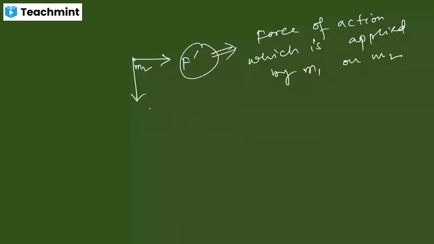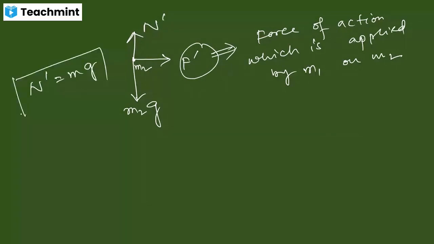So it will have a weight in a vertically downward direction. This is M2 into g, and the normal reaction force. As you have already written, the normal reaction force N. In the previous case, you cannot write N again because this is the object which has a different mass. So it can be N dashed. So I can say N dashed is equal to M2 into g, because the normal reaction force for both of the objects cannot be similar, because M1 is not equal to M2.